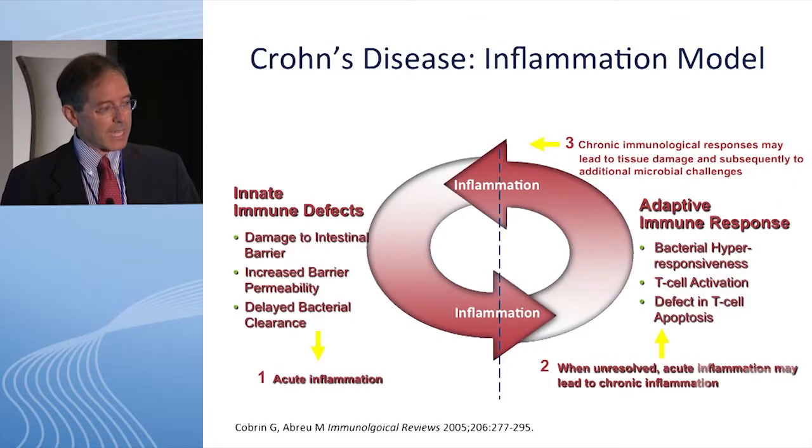So not to say that it's not important, and not to say that it hasn't been critically important in understanding pathways, but I think we've lost sight of some of the more important factors, perhaps, in understanding this. So it doesn't take us away from this fundamental understanding, but it means we have to understand other elements that are contributory to the development of inflammatory bowel disease. And a lot of this relies more on Crohn's, because I think we understand the pathophysiology of Crohn's at least a little bit better. But it starts with this innate immune defect, whether it's a damage to the intestinal barrier, some increased permeability, or some defect in restitution, or delayed bacterial clearance. That's an acute inflammatory response, and I'll talk a little bit about that more shortly.